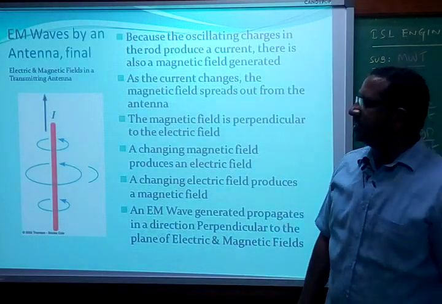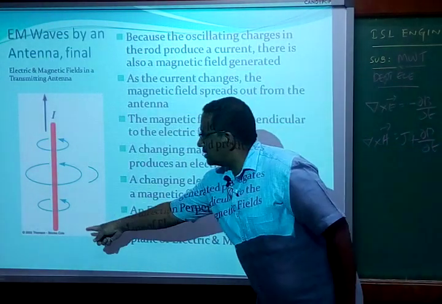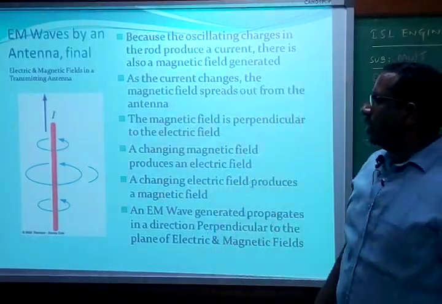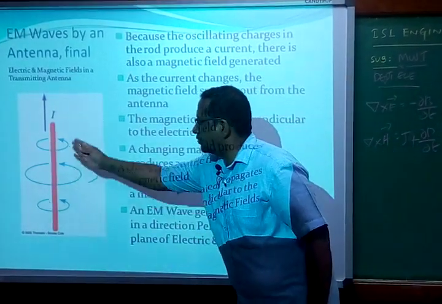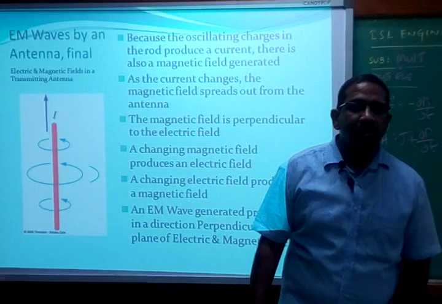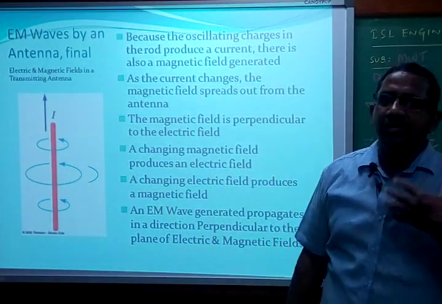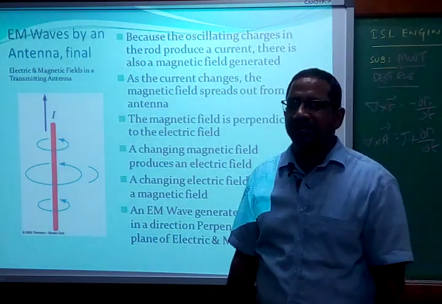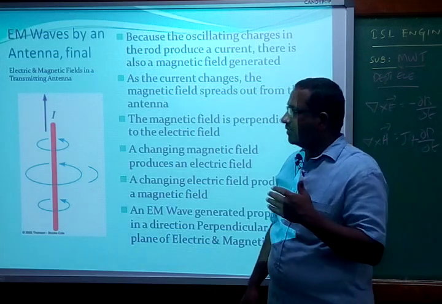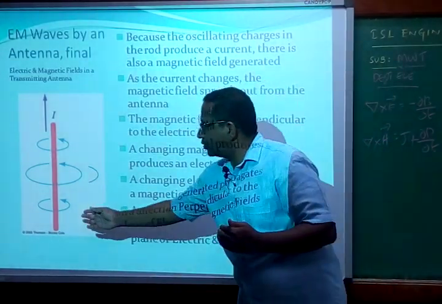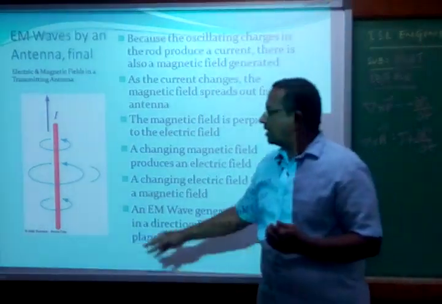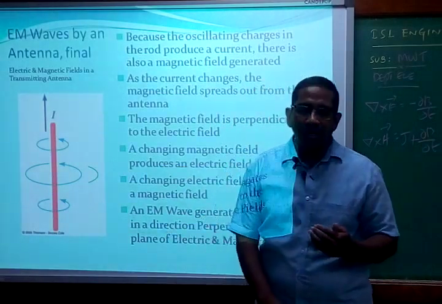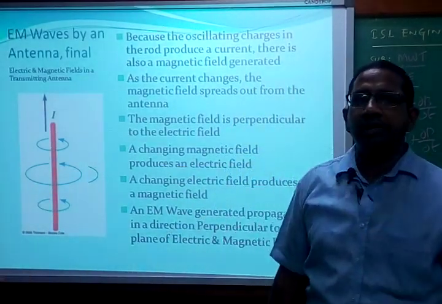Here, this red line is known as a transmitting antenna. This red line has some current flowing through it. This current is because of the transmitter side. The transmitter transmits a signal. The transmitter processes the signal which is to be transmitted, and the electrical signal, that is the electrical current, flows through the antenna. And the antenna also has a magnetic field. When current flows through an antenna, a magnetic field is induced around that antenna.